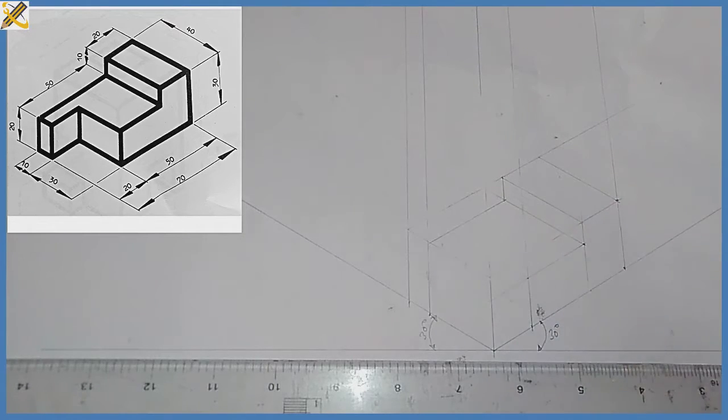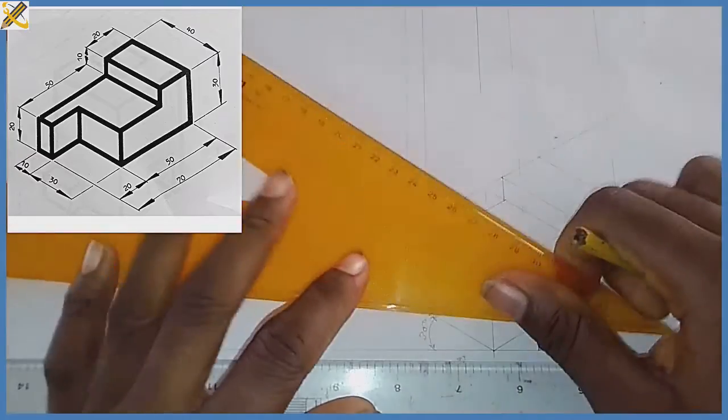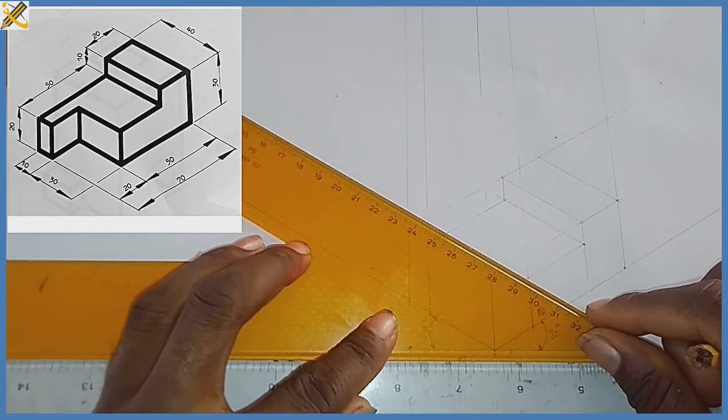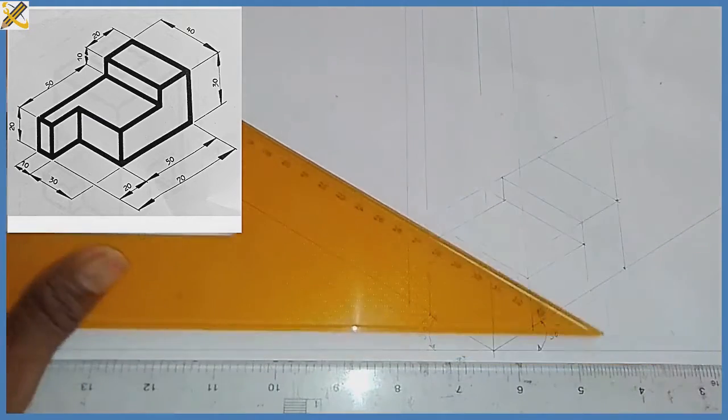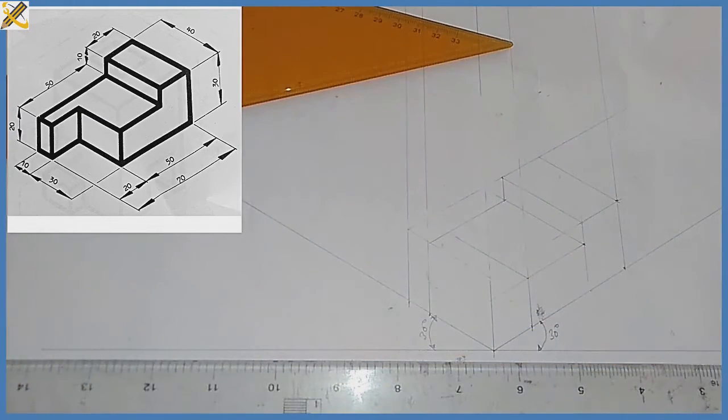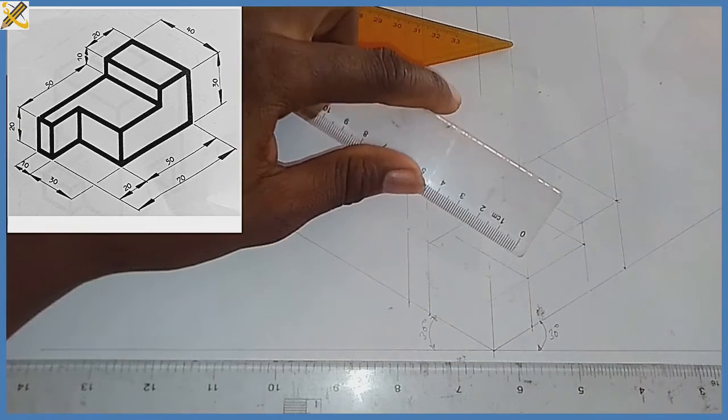Okay, it ends right here. So then the next thing is what? Pick my set square at angle 30 degrees, drag a line inwards in this manner. All right, so after dragging that line inwards in that manner, the next thing I'm going to do is